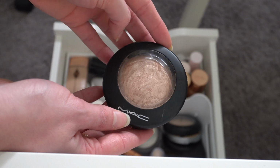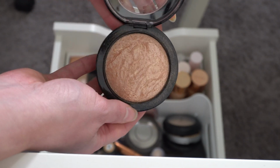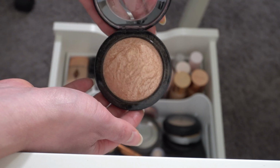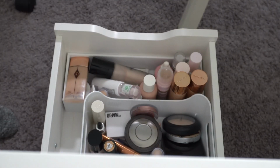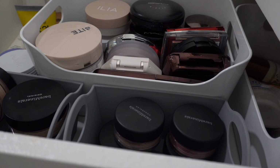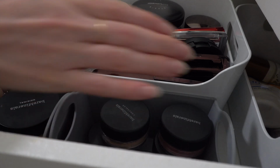This is my MAC Soft and Gentle highlight. This is really pretty. I used to use this a lot. I don't use it as much anymore, but maybe we'll put that in too. Okay, and then down here we have all my powders, all my Bare Minerals, and then I have